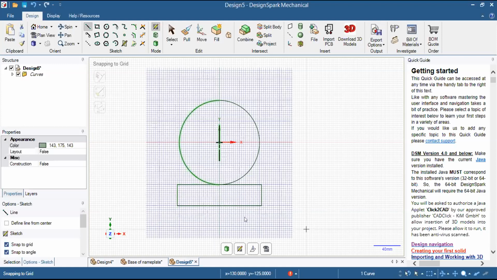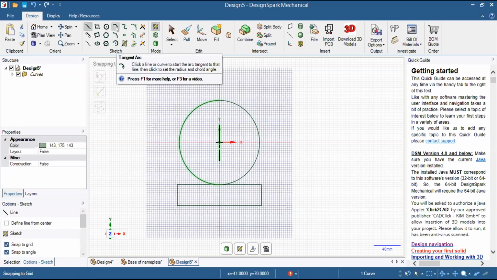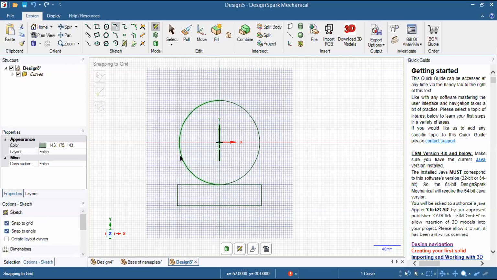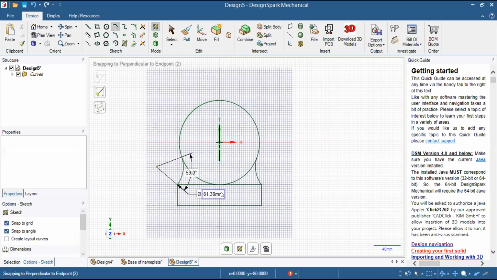Now, the next thing was I wanted to join this point to this point. And a similar thing I wanted to happen here. So what I have done, I have used a tangent arc. And I have selected this point, and a similar arc is being generated on the other side. This is only due to mirror command. So like this, I have created a sketch on one side and have generated a similar sketch on the other side using mirror command.